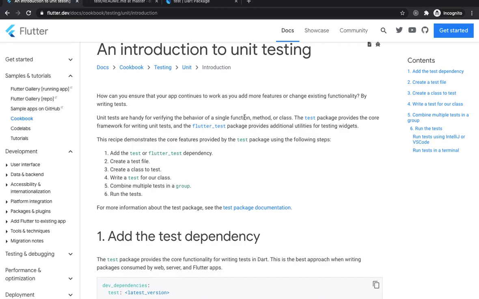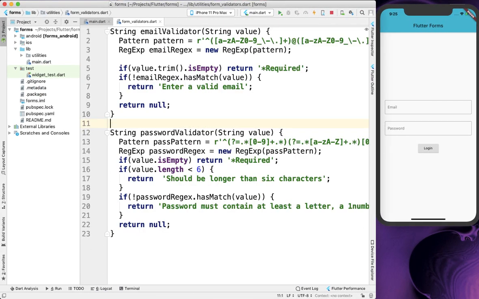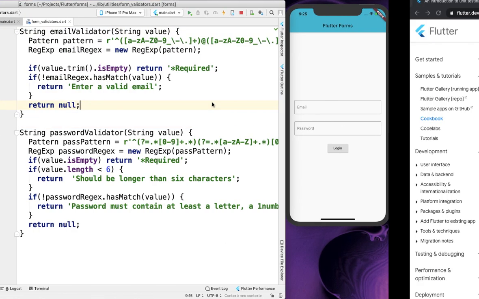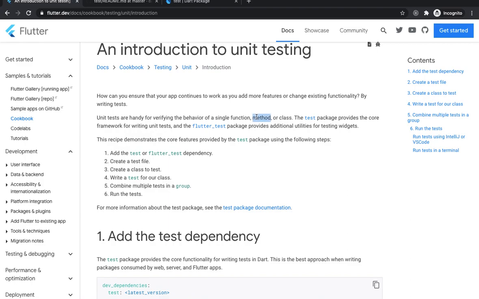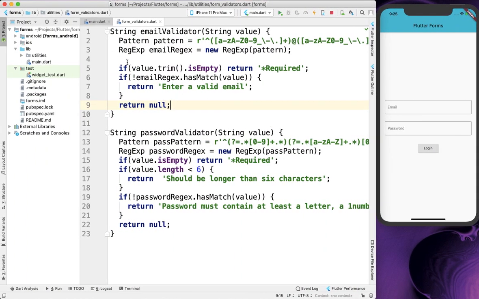Okay, so a function is a function that we have written individually. Methods are basically the functions that are inside a class, okay, or a class. So a unit test is used to check our business logic and whether the business logic is correct or not. Okay, so for that